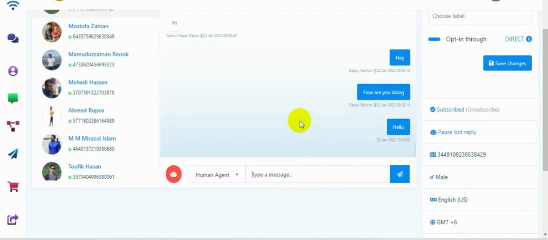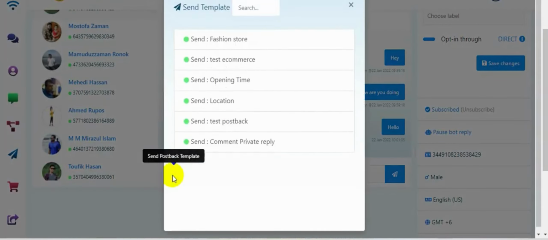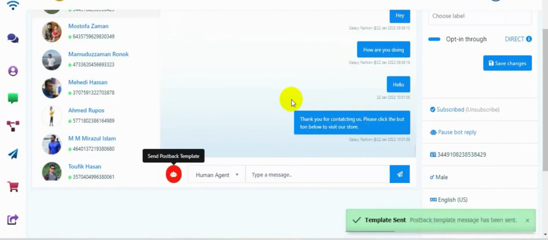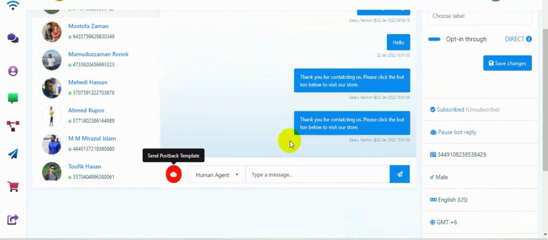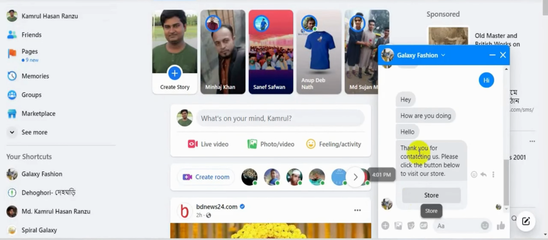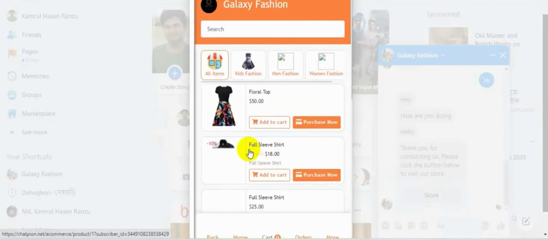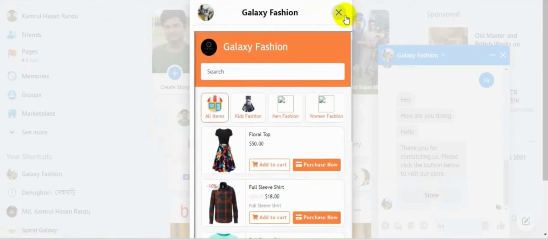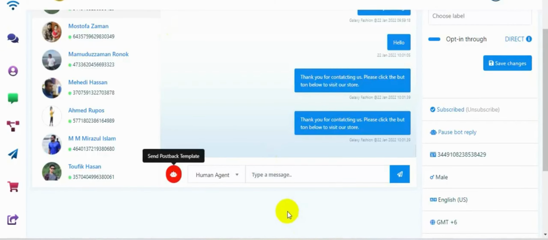In the version 8, we have added a most wanted feature on live chat. Now we can send a post back or sequence on the live chat. Just select your subscriber and then click on this and select the templates or postbacks and click send. Yes, the bot template has sent the message to the user. So, that's how we can use the live chat of the ChatPion. This is just an overview of the